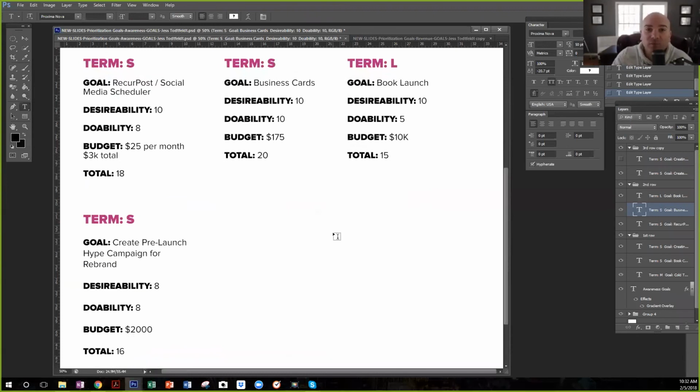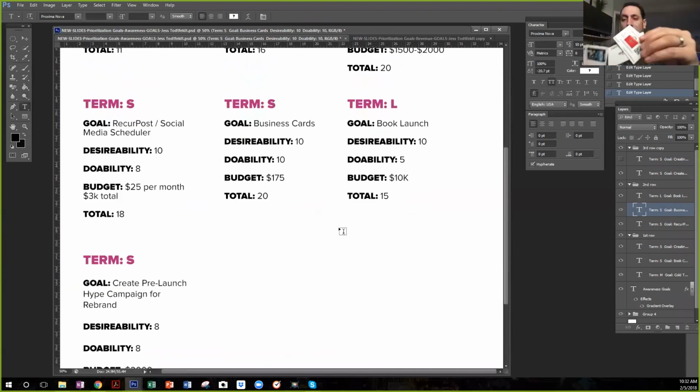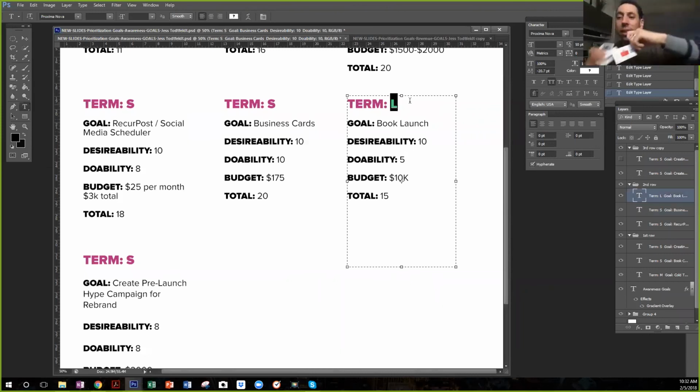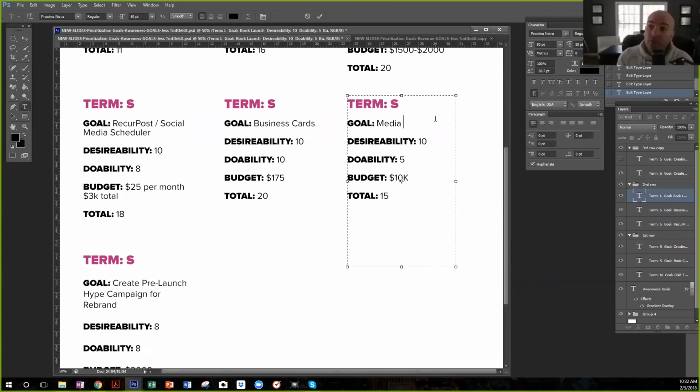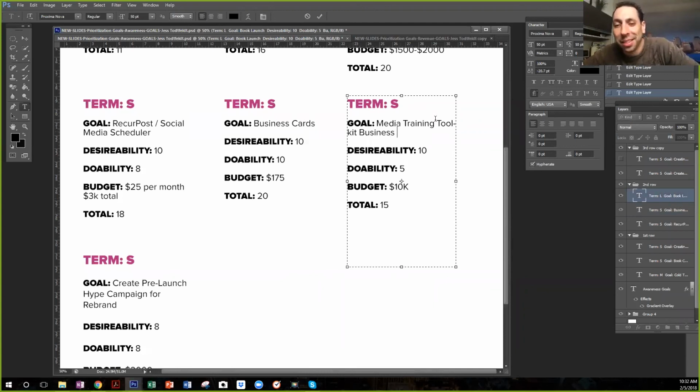I think we could. Probably the only thing I hand to somebody at an event, and usually there's something to get them in a funnel on the back. So this is the card, but on the back, it's like, oh, get this free thing. Aha! Look at that. They go into the funnel. So here, media, training, toolkit. I just redid that on ClickFunnels. Business. And people started signing up, and I don't even remember where I mentioned it. Oh no, it's the same business card. 10. It's just what's on the back. Let's do 175.